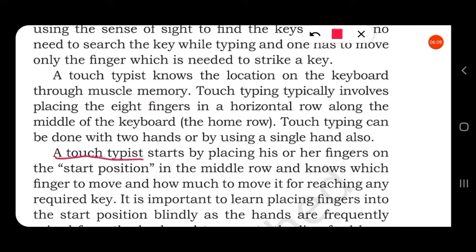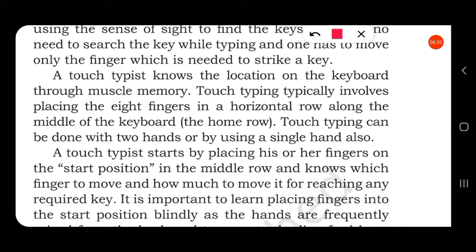A touch typist starts by placing his or her fingers on the start position in the middle row and knows which finger to move and how much to move it for reaching any required key. The typist doesn't need to look into the keyboard.